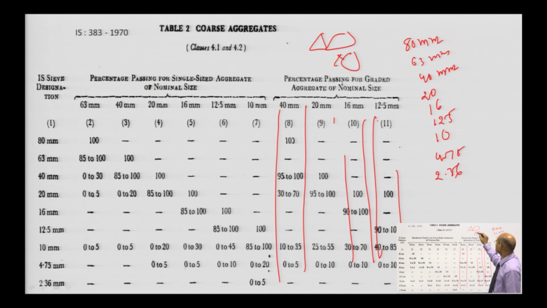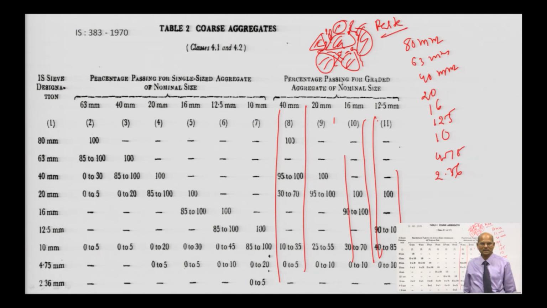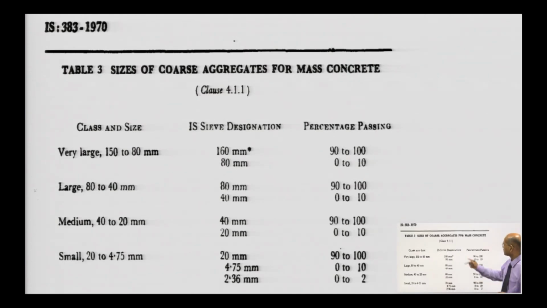So, in concrete, what are the things there? We have coarse aggregate, and these voids are filled with fine aggregates. Okay. And these fine aggregates are finally filled with paste. Okay. So, if you have a proper density packing, then in that case you will obtain a very good quality of concrete. Okay. And that will be economical.